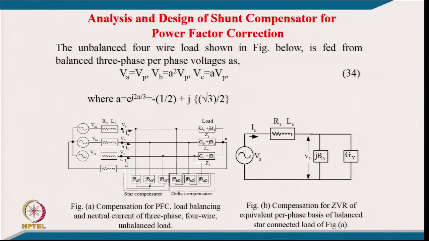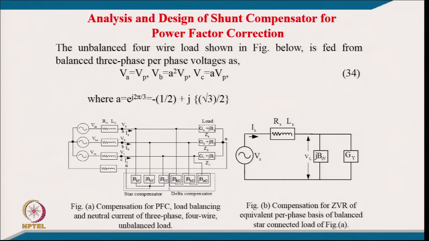To compensate this unbalanced, non-unity power factor load of a 3-phase 4-wire system, we have to have two sets of compensator. One set is connected in star, with the notation of BY, and the other set of compensator is delta connected across the 3 terminals of the point of common coupling, with the notation of BD. So, this network with these 6 elements of compensator